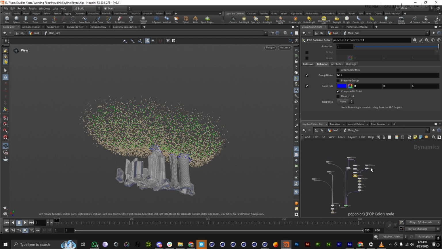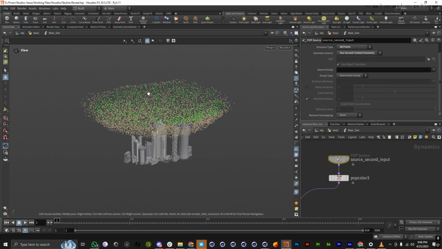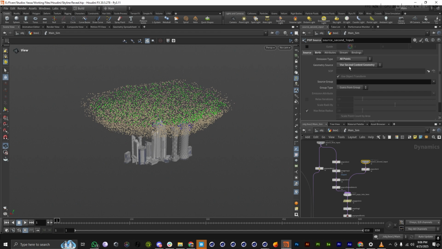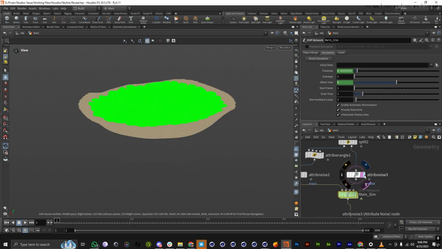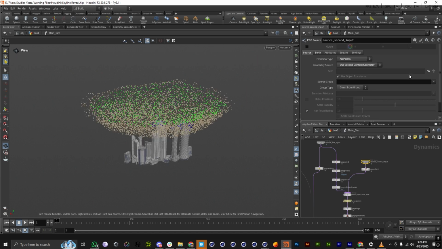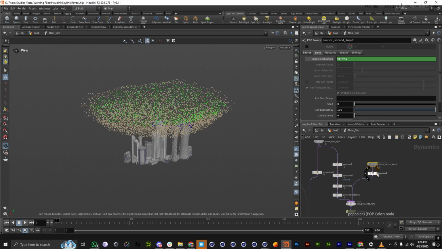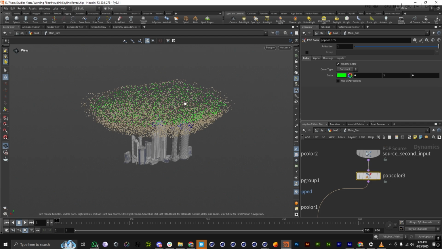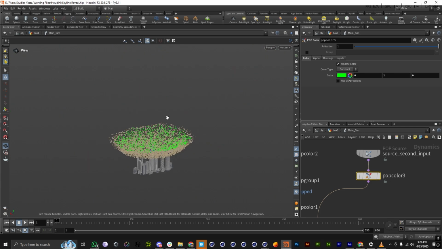Now, coming back, this I created as a second stream, right? And I just use a second context geometry over here because I'm plugging these top particles into this second input, and everything else is the same. And I just used a pop color node to color the top particles green. Now, why did I do that? It was so when I simulated